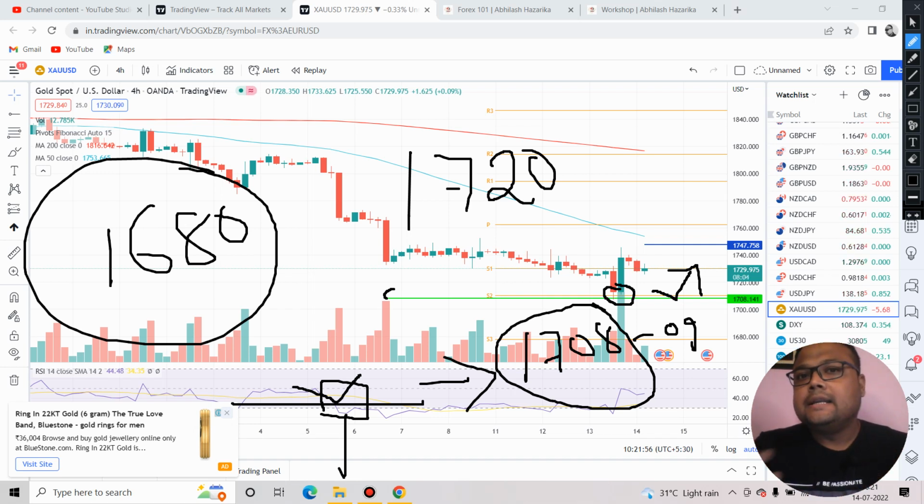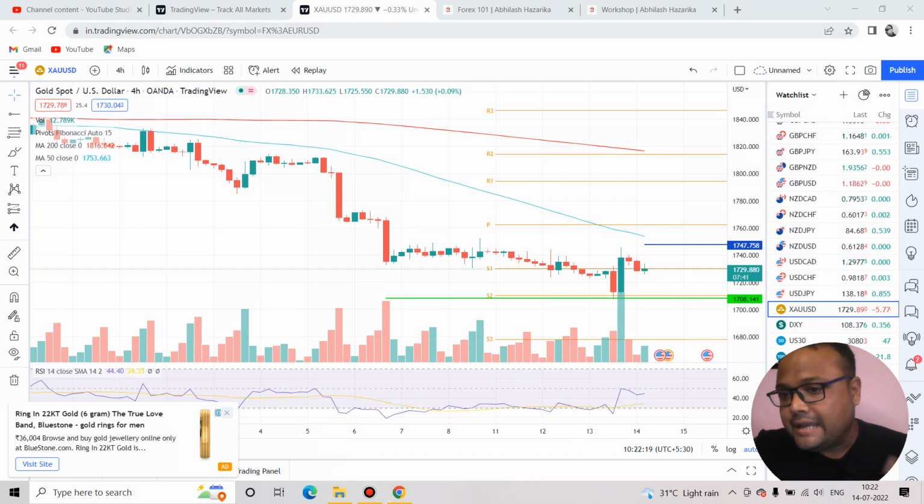In case a heavy sell comes to the market, and if you see the market is forming big red candles, okay, in that case you can take a sell position below the 1708 level, just like you all did yesterday. So see, no level is permanent in the market, so a trader must decide when the time will come. Okay, so you must be very careful, and as a trader you must be very flexible also.